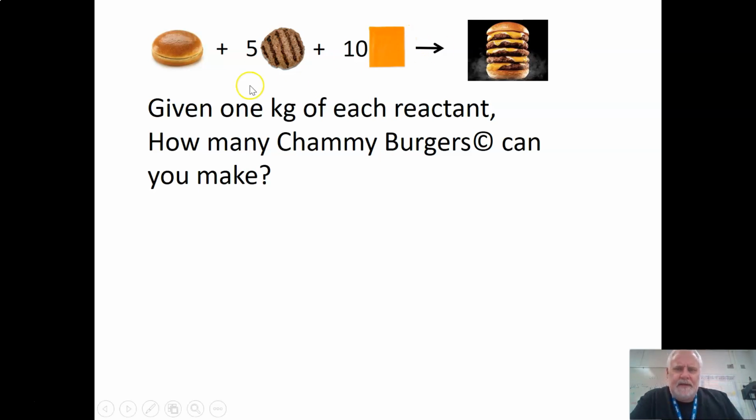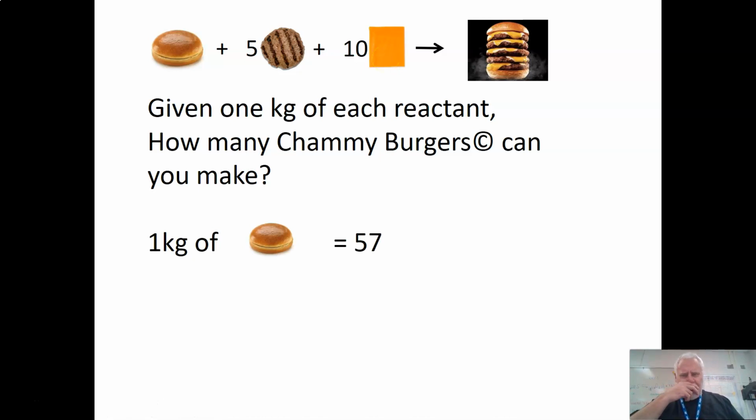You can think of this as just this neat little chemical reaction. And these could even be the coefficients in the balanced chemical equation. Thing is, if you are going to order online, you're going to get a kilogram of each reactant. You're going to get a kilogram of buns, a kilogram of burger patties, and a kilogram of slices of cheese. Well, here's what you have to do. That's why you got to do that first